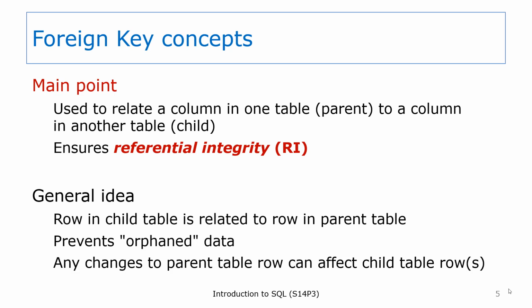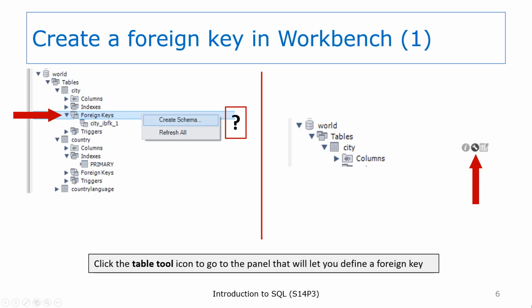It can be difficult to introduce RI into an existing database when there is data already in the tables. The problem is that the existing data might not meet the requirements that RI will impose on the data, so trying to set up the foreign key will fail. When that happens, you usually need to perform data cleansing operations on the existing data so that it will conform to the RI requirements. So let's look at how you can view and work with foreign keys for a table